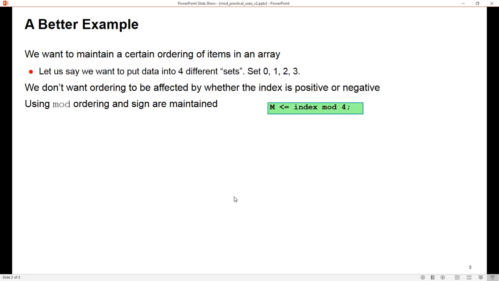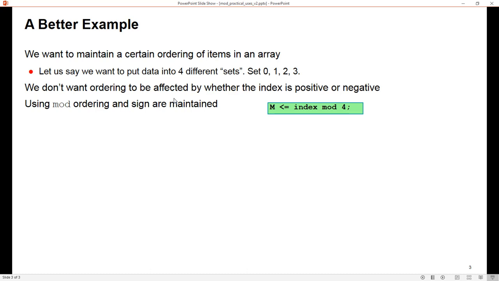So maybe a better example, which you don't see very often, is if you want to control indexing of items in an array. Remember, in VHDL you can have arrays to any arbitrary dimension, so this might be very useful, not just in design but also in test benches. So let's say we've got some data streams coming in and we want to put that data into 4 different sets, starting at 0. And we don't want the ordering to be affected by whether the index to this array